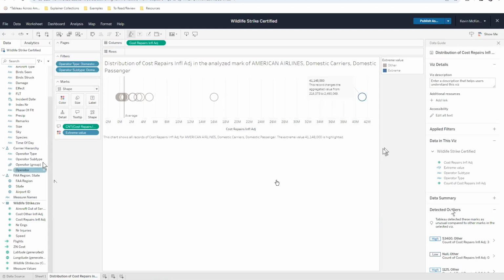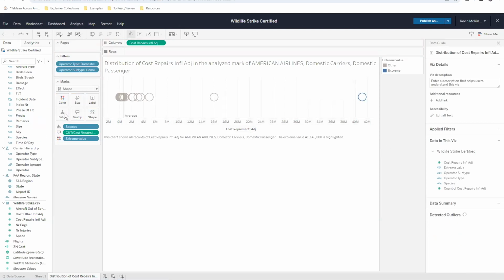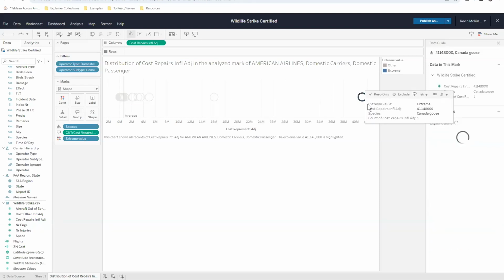For example, the species involved in these incidents. If we bring in additional dimensions, we get more nuance to our data, such as the species involved in the incident. And we can even select these values from our tooltips to see where else we see that characteristic.